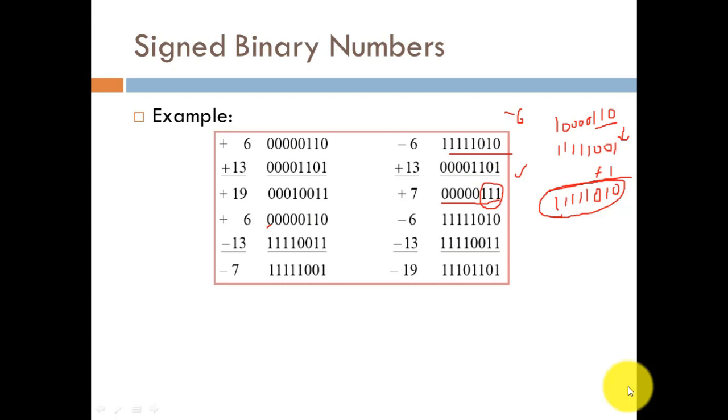11110011. So how are we going to calculate that? We had already discussed how we can calculate the 2's complement of any negative number. As we evaluated minus 6, we can also evaluate this minus 13. So simply we perform the simple binary addition. We get 0 plus 1, that is 1, 1 plus 1 again 0 carry 1, 1 plus 1 is 0 carry 1, that is 1, and then 1 plus 0 is 1, 1 plus 0 is 1, 1 plus 0 is 1, and